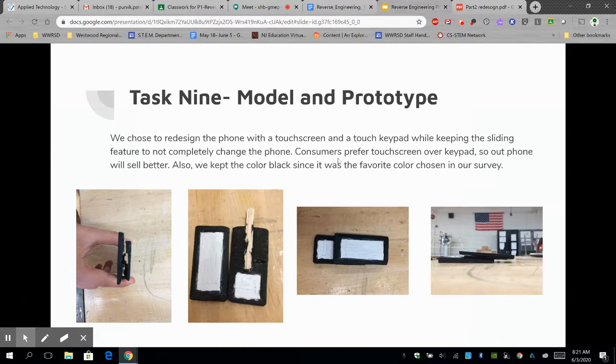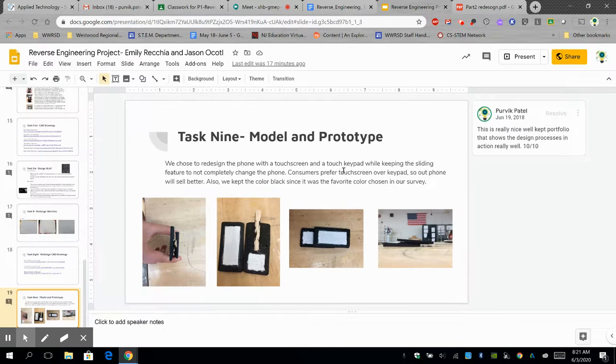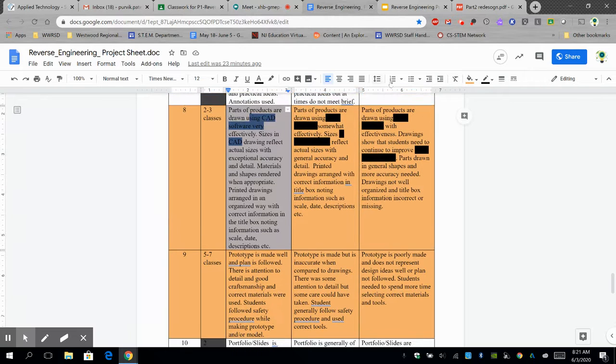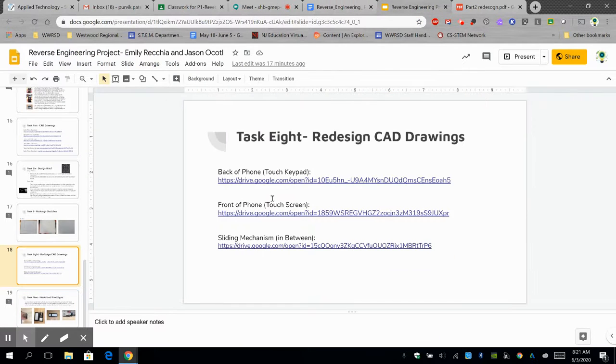Okay, so what did I score this one? All right, I gave them a 10 out of 10, I guess because of the slide, but that was also 2 years ago. So I think, if we were back in the lab, there'd be room for improvement on craftsmanship and making this neater and little things like that. So, you know, do your best within your ability. Okay. And so the rubrics there, task 8,